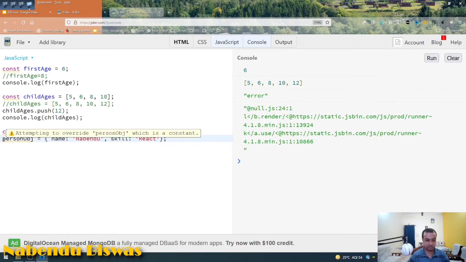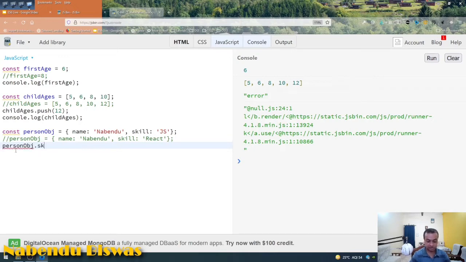So this is not allowed, but similar to that we can add it through the property, like person object dot skill equal to react, and person object dot, even we can add a new thing, a new key value pair, profession equal to developer. So we are adding a new field, and now